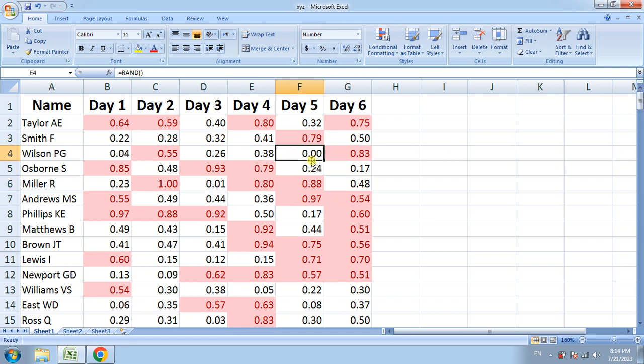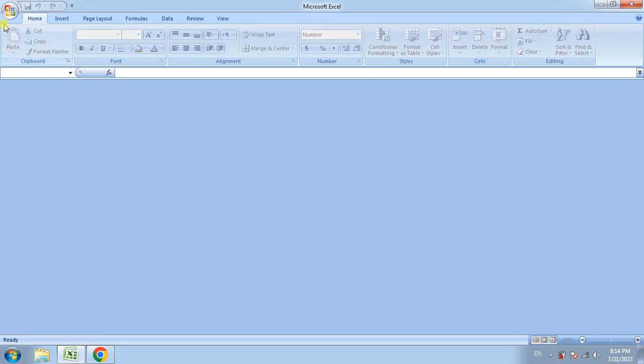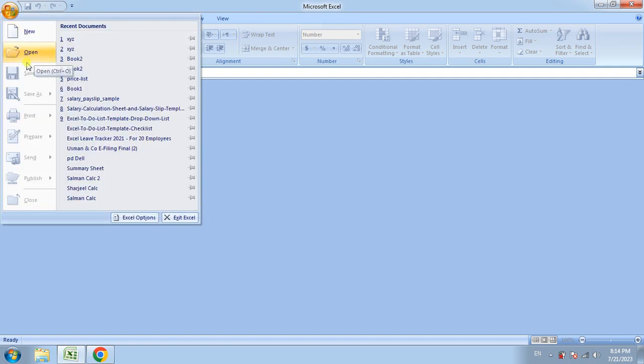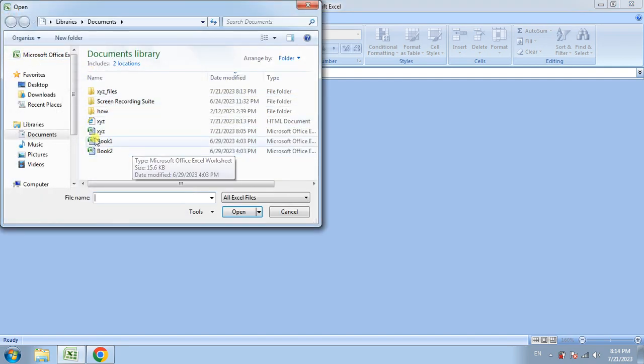and so I quit from this sheet, close the sheet, and reopen this web page where I saved. So for this purpose, go on office button and press on open, and there is a sheet I saved,